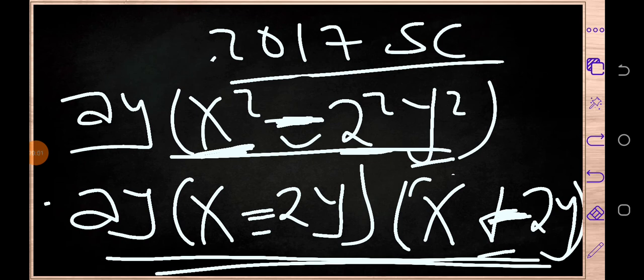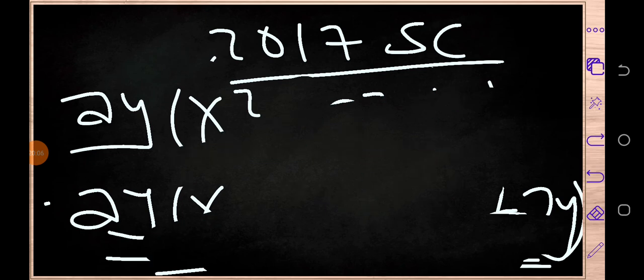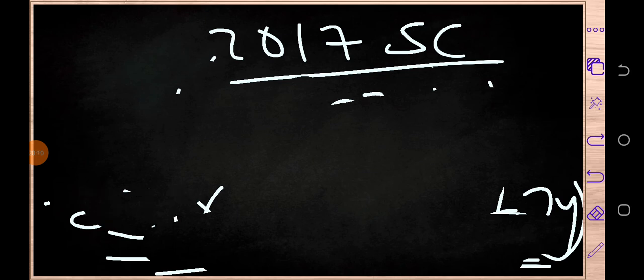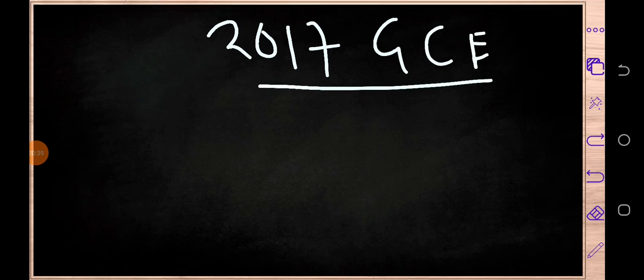Okay, let me give the last example. I'm sure by now you have gotten the concepts, but let me just give you another example. The last example, whereby you have been given a question to factorize completely, but you have been given numbers which are in the fraction form. Let's say, for example, this question which came in 2017 GCE. So here's a question, factorize completely